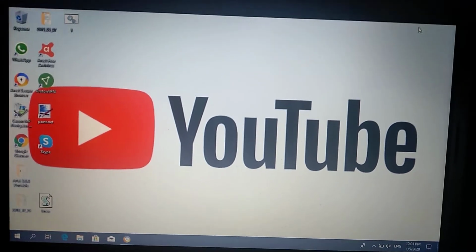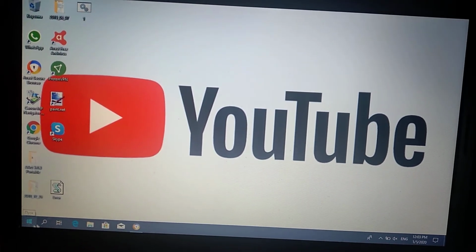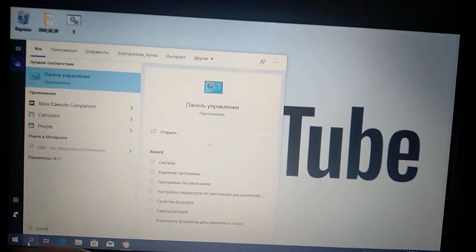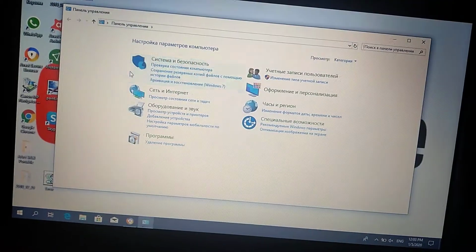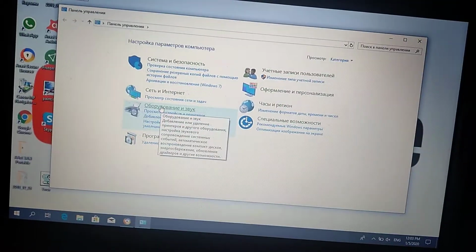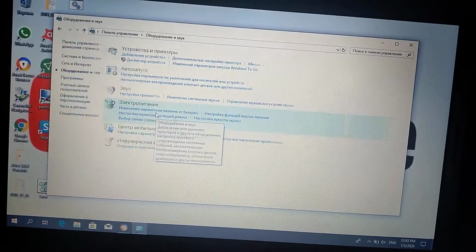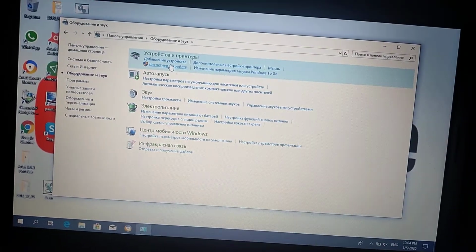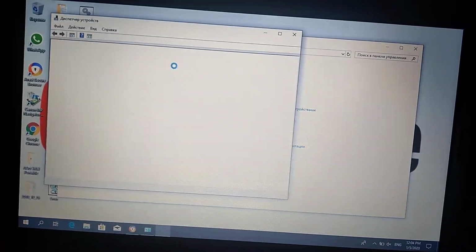I will show you how you can fix the sound problem in Windows 10. For doing this you just need to go here, open the search tab and enter Control. After that, choose Control Panel and choose Device Manager, and here you will see